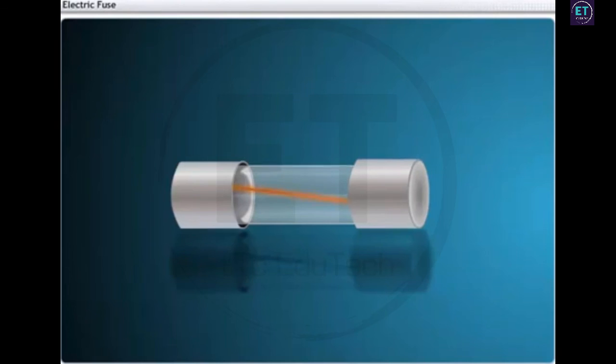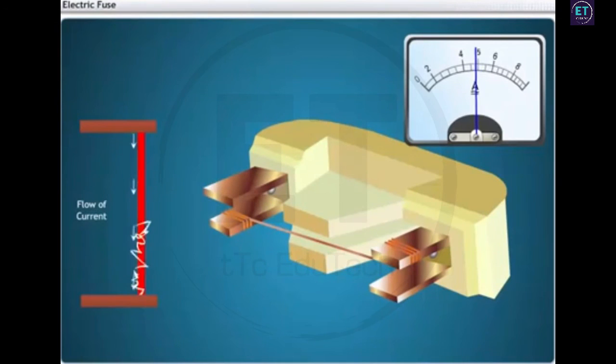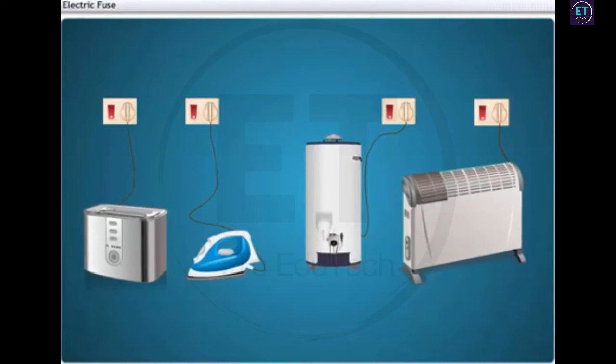An electric fuse is an important component of all domestic circuits. An electric fuse is a safety device used to protect an electric circuit against excessive current. If your electrical appliances receive very strong current, they could get damaged and stop functioning. To prevent damage from fluctuations in the current, an electric fuse is used in the domestic